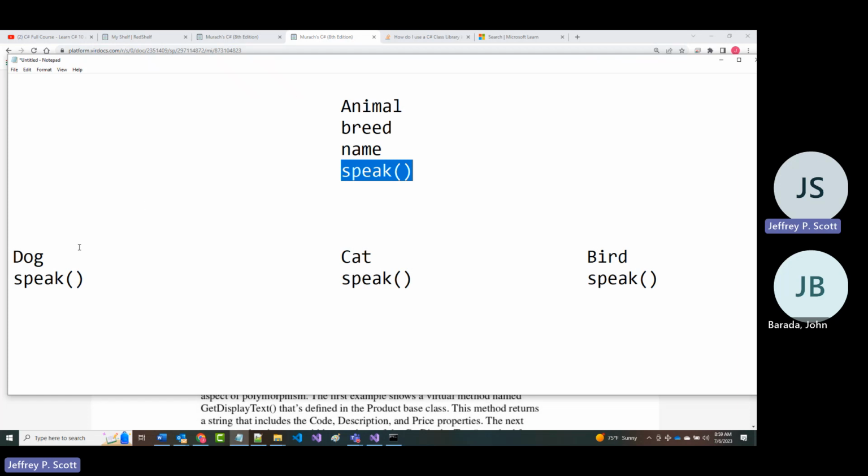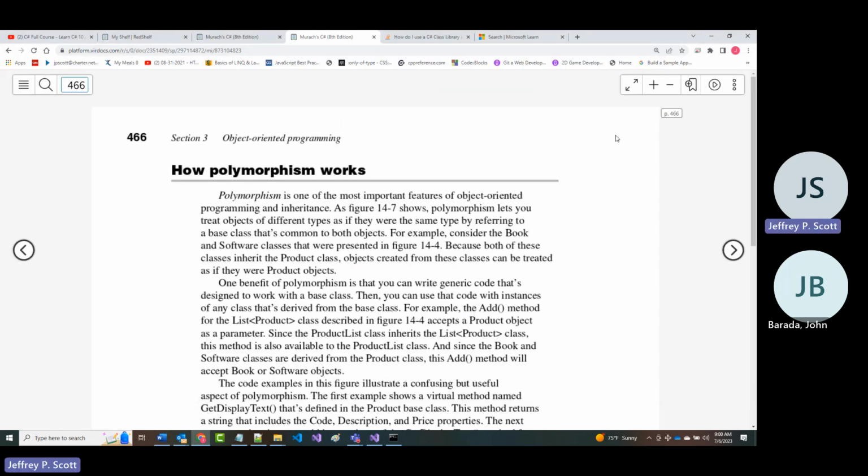If I create a dog object, Barfy, Barfy.speak is going to say bow wow or woof. If I create a cat object called kitty and I say kitty.speak, it's going to purr or meow. And if I create a bird object called Tweety Bird and I say Tweety Bird.speak, it'll tweet. That's what they're talking about in here.